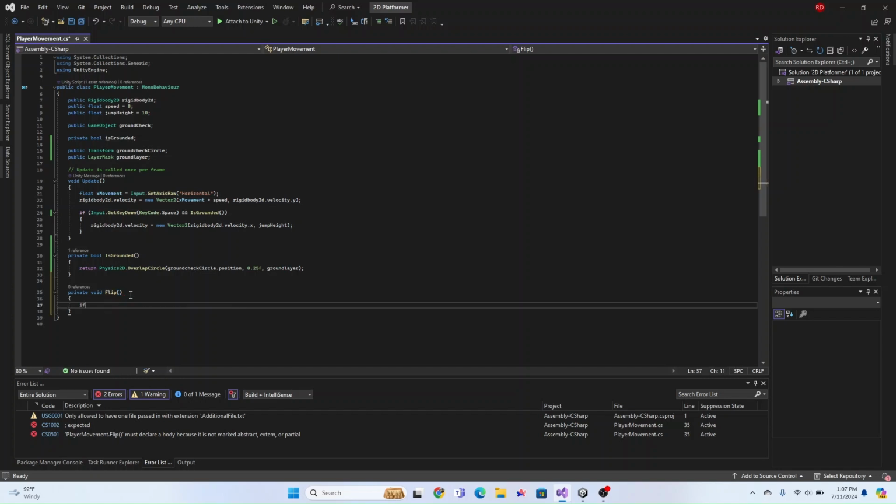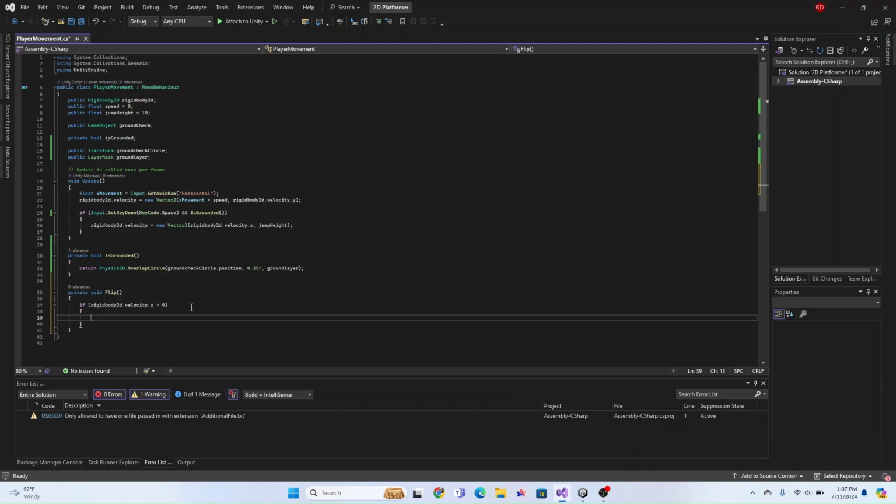So we can check if our Rigidbody2D velocity.x, so if we're moving on the x-axis, is greater than 0. If this is greater than 0, then that means we're moving to the right. That means we don't have to do anything. So we can just not put anything in here. And then